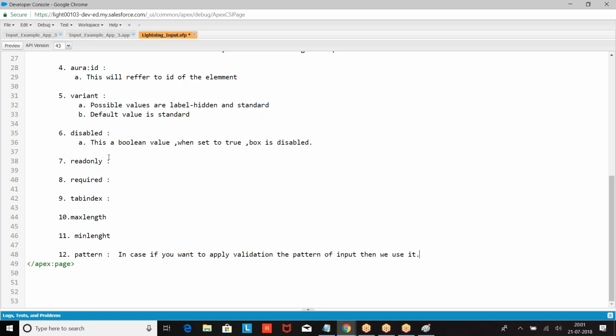Right, boss. The rest of the properties are clear from their names, right? So what are they? Read only, required, tab index, max length, min length. These are the properties, right? I hope everyone is good with this. So I'll just copy one example here. You can go through it. So tomorrow we'll see